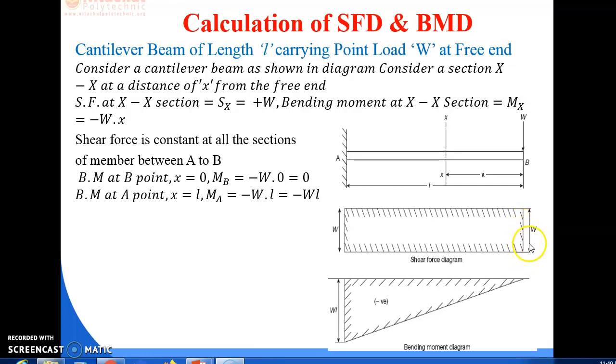The shear force at B is equal to W and shear force at A is equal to W. In case of the shear force diagram, the magnitude of load is uniform from B to A, and hence it is a straight line. Also, the bending moment diagram is a linear line, but it is an inclined line where the moment depends upon the distance of the load with which we find the value of moment. So at point B it is 0, and at point A it is equal to WL.